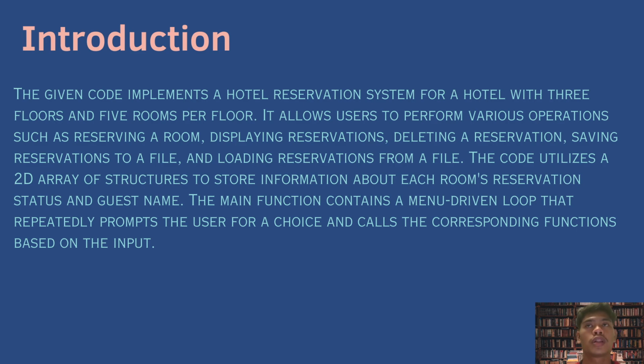So I'm going to explain the introduction. The given code implements a hotel reservation system for a hotel with 3 floors and 5 rooms per floor. It allows users to perform various operations such as reserving a room, displaying reservations, deleting a reservation, saving reservations to a file, and loading reservations from a file. The code utilizes a 2D array of structures to store information about each room, reservation status, and guest name. The main function contains a menu-driven loop that repeatedly prompts the user for a choice and calls the corresponding function